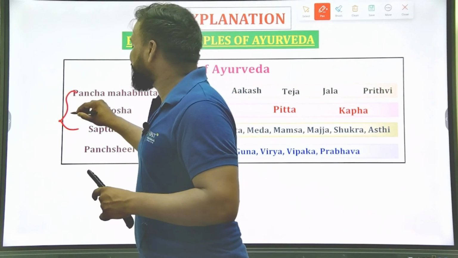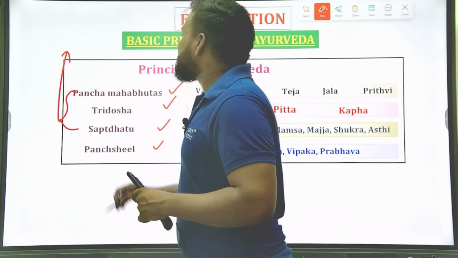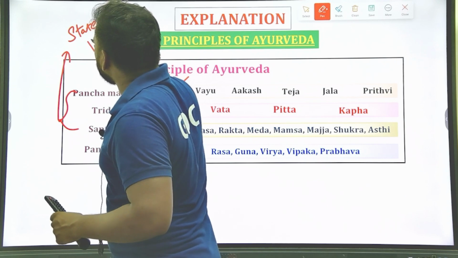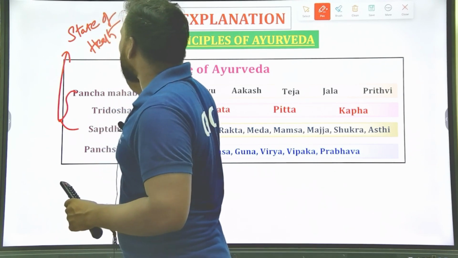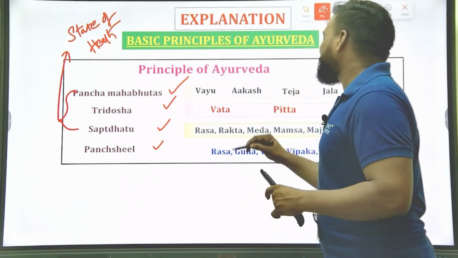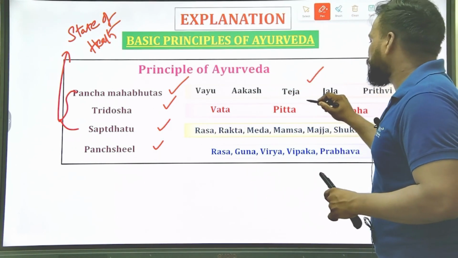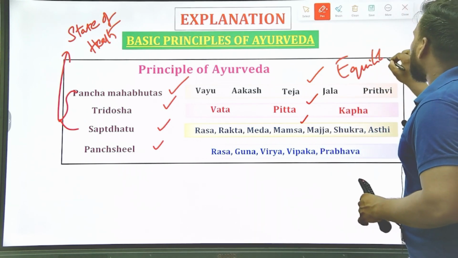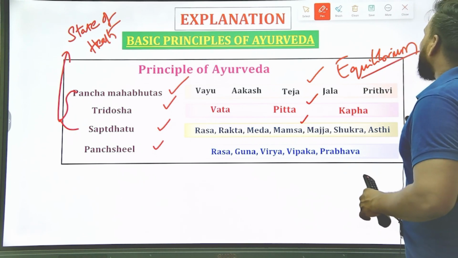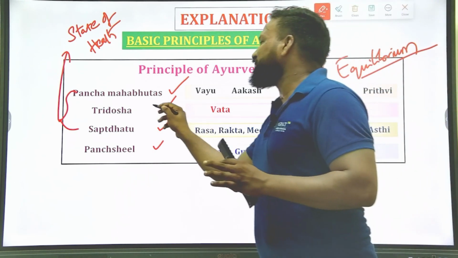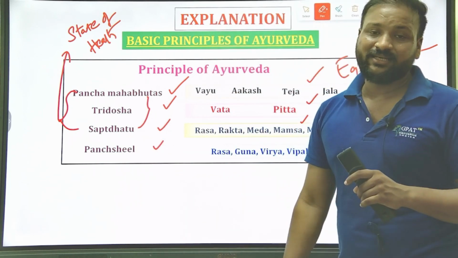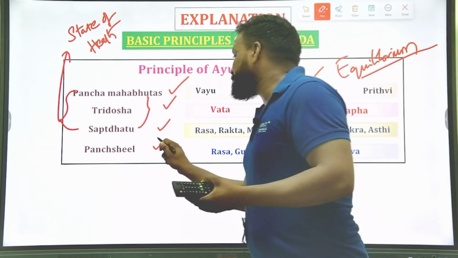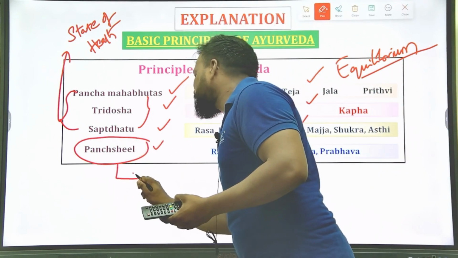these three denote the state of health. By these theories, we can assess a person's health. If the Pancha Mahabhutas, Tridosha, or Saptadhatu are in equilibrium, then the person is known as a healthy person. These three theories describe the diagnosis as well as the person's health, whereas Panchasila is a theory which describes